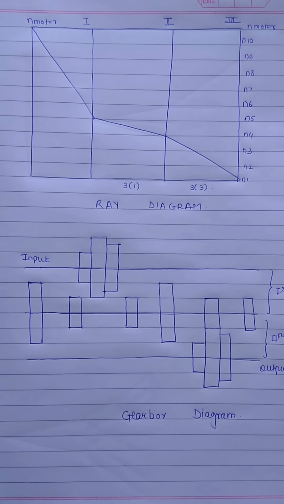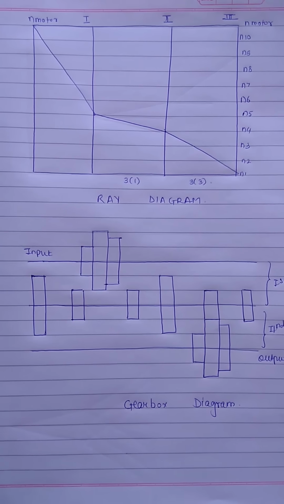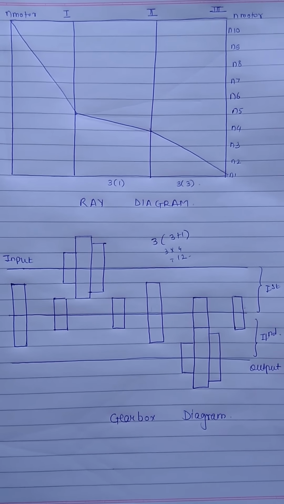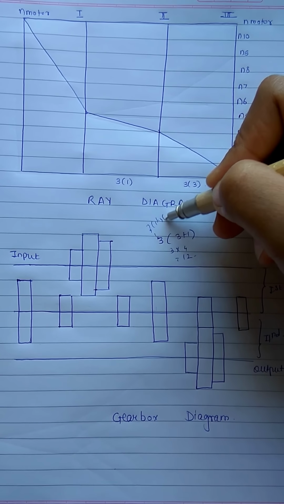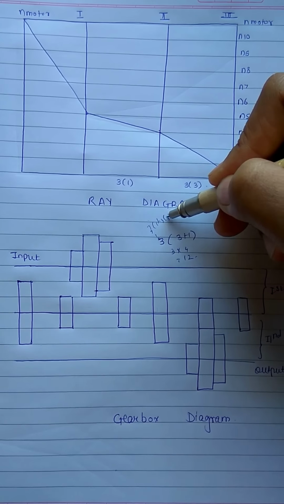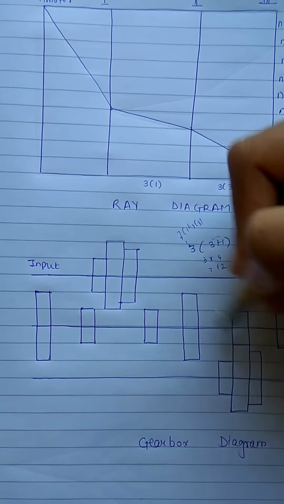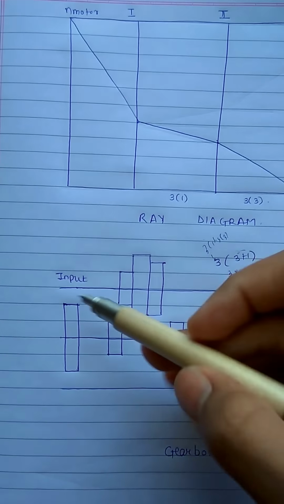Now comes the gearbox design. To find out the number of gears, we can use the table, or else you can calculate it directly. How did I calculate the number of gears? We knew 3 1 and 3 3. I took the 3 out of it and 1 and 3 was added, so I get 3 into 4, 12. There are 12 gears in our gearbox using the first diagram 3 1 and 3 3.